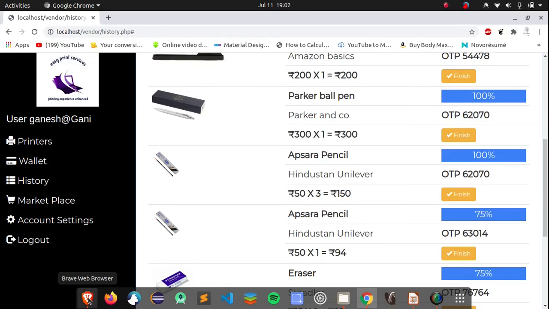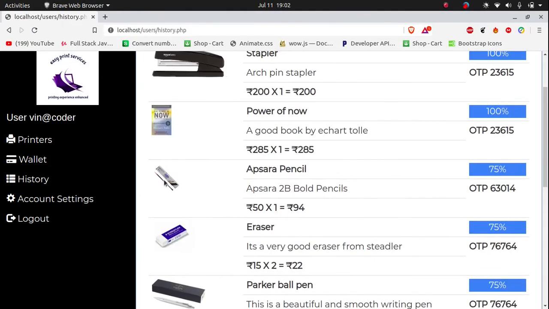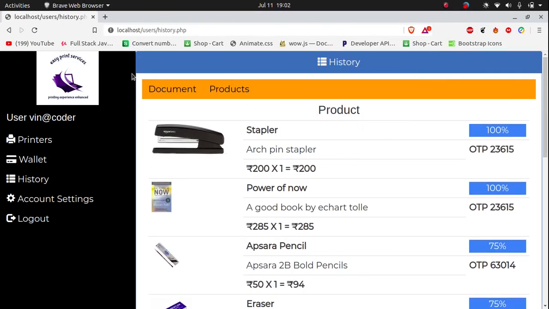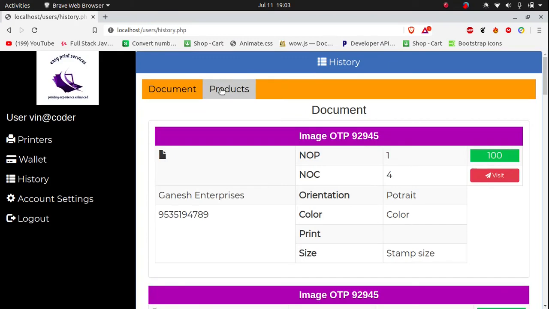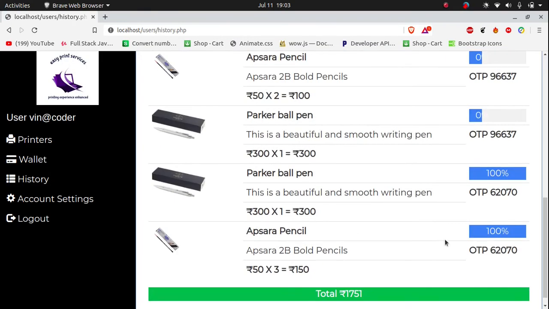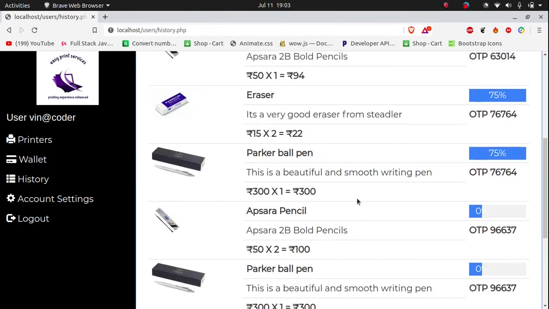So here also it will update itself. Yes, it has been updated to 100% automatically. So total my spendings are rupees 1751.